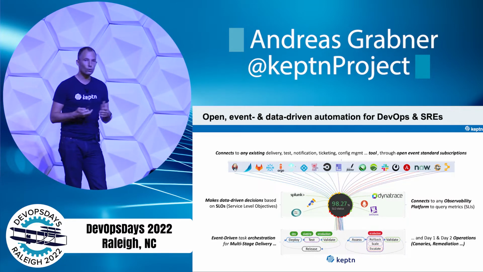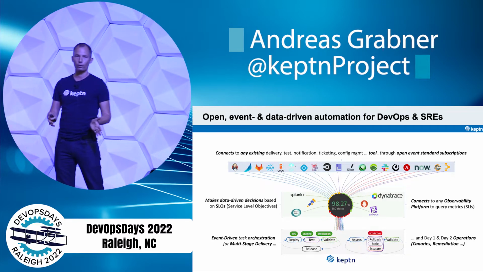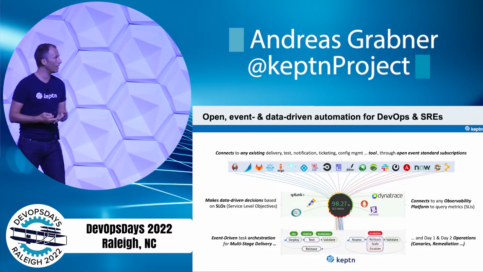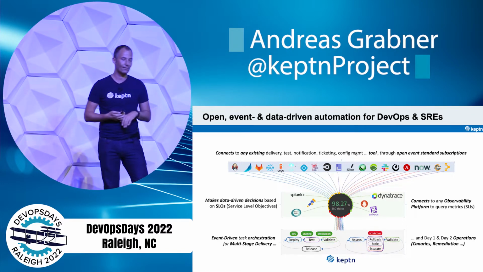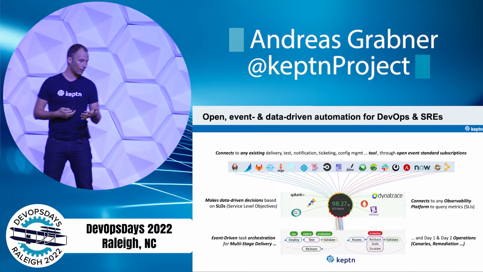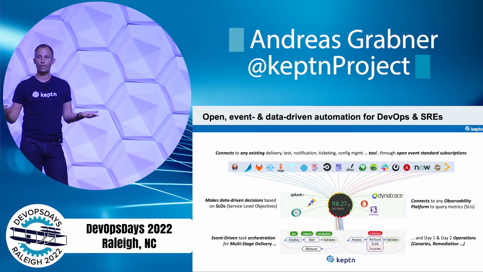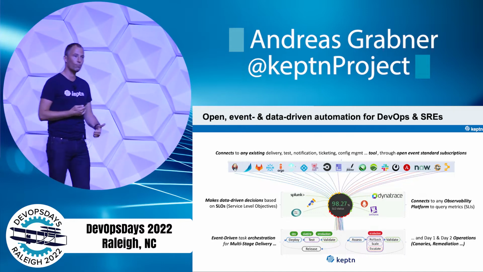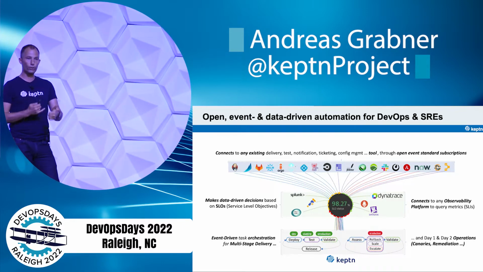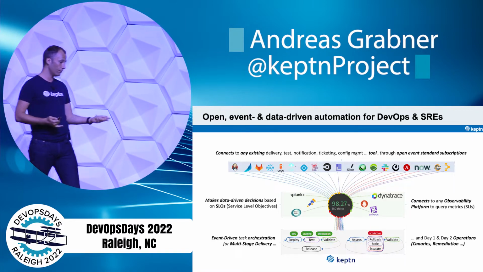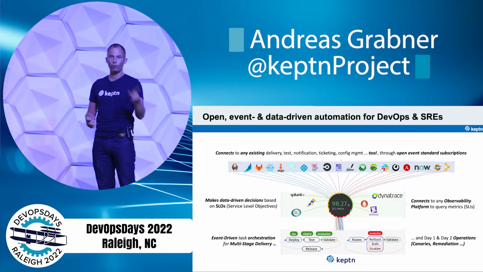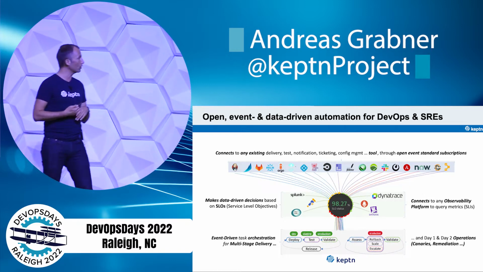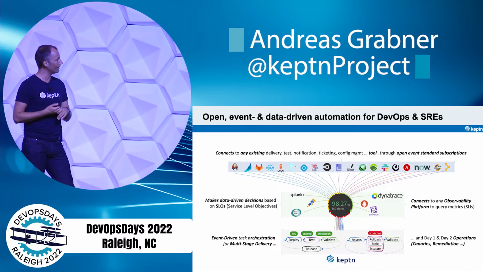The other thing you can do, because we're not just yet another delivery tool or a tool that can orchestrate delivery tasks, we can also help you orchestrate day 1 and day 2 operational tasks, like getting a canary out successfully, or doing auto remediation in case you're getting a Prometheus alert or something happens. Then Keptn can do things like assessing the situation based on the problem information you have in your monitoring tool, in your logs, and then figuring out what to do, rolling back, scaling up, validating if this thing actually solved the problem in a loop, and then execute another action. Hopefully everything works, or in the end escalate.